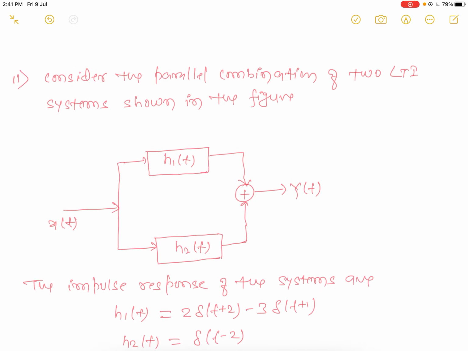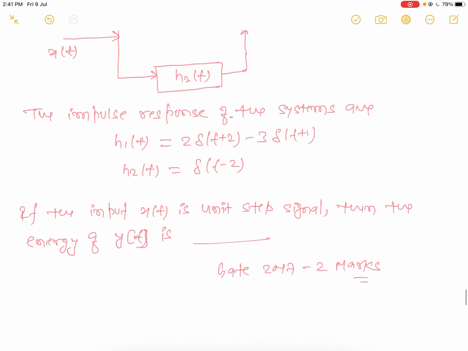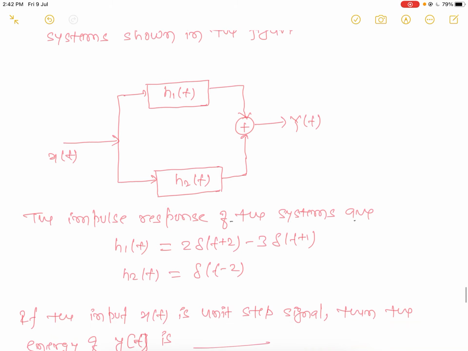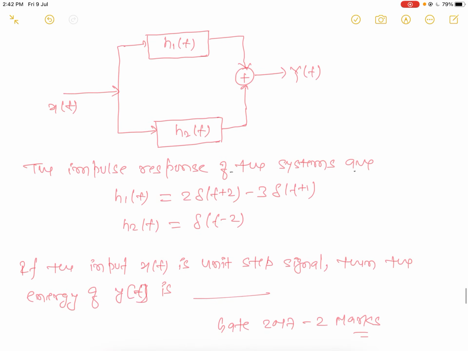Consider the parallel combination of two LTI systems H1 and H2 shown in the figure. The impulse response of the first system is h1(t) = 2δ(t+2) − 3δ(t+1). The impulse response of the second system is h2(t) = δ(t−2). The input x(t) is a unit step signal. Then the energy of y(t) is,